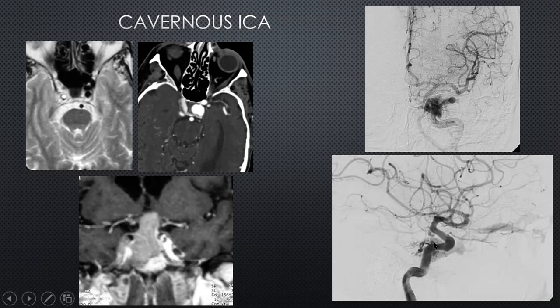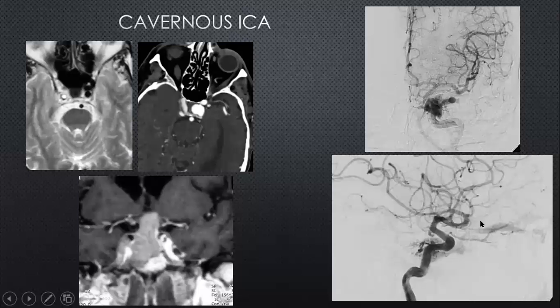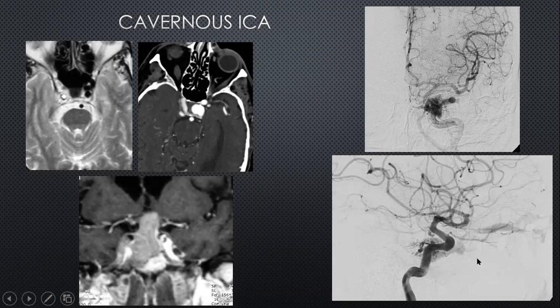And this fistula can be either direct, when there is a direct rent from the cavernous carotid artery into the cavernous sinus, or indirect. For example, here you have got multiple small branches of this meningohypophyseal trunk, which are then dumping their blood into the cavernous sinus, and from there the blood is coming anteriorly via the superior ophthalmic vein into the orbit, explaining why this patient would have proptosis and pulsatility and ecchymosis, because it is getting blood directly from the arterial system.